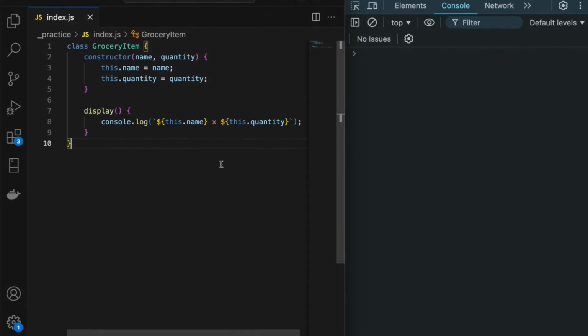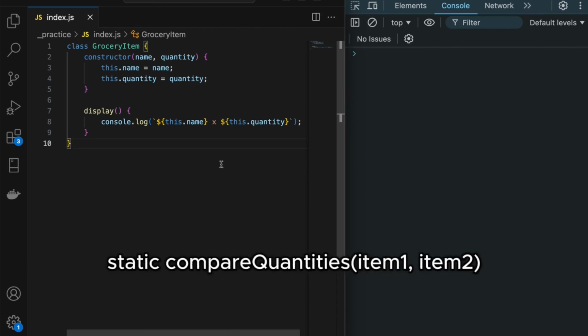So for your exercise, to add a static method to the grocery item class, you can define the method with the static keyword. Static methods are called on the class itself rather than on instances of the class. So for your exercise, create 2 instances of the grocery item class, and have each of these objects have different names and quantities. Then implement a static method named compareQuantities to compare the quantities of the 2 items and print